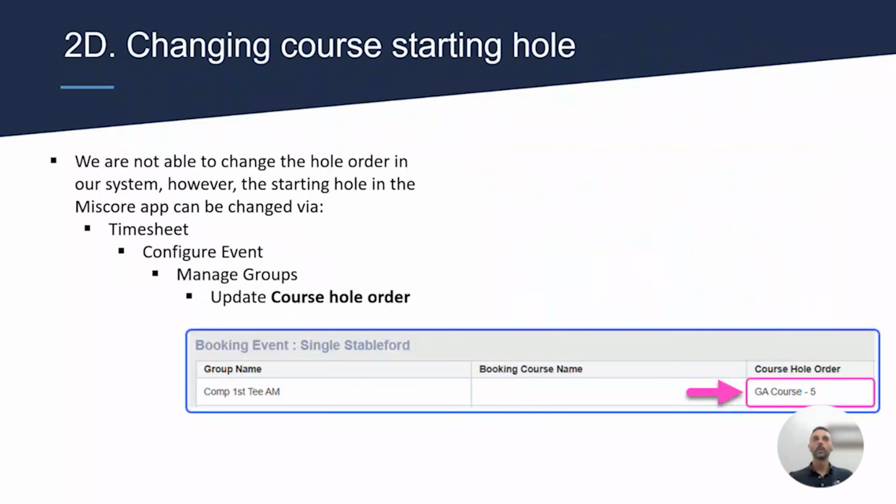Now, the hole order, as I said, you can modify in Golf Connect. But let's say it's your 1 to 18 course, but every now and then you want to start the players on a different hole number. You can do that in the timesheet setting. So under timesheet, in the configure event manage groups area, you can define here the hole order that will affect how the players start in their MyScore app. Now, it won't affect printed scorecards, but only the MyScore app starting hole. If you do need to change the order for a printed card,